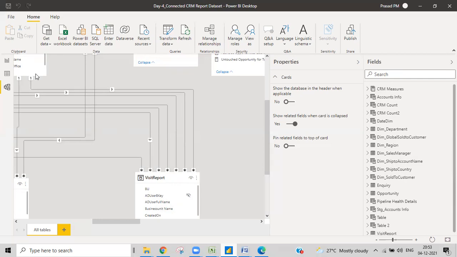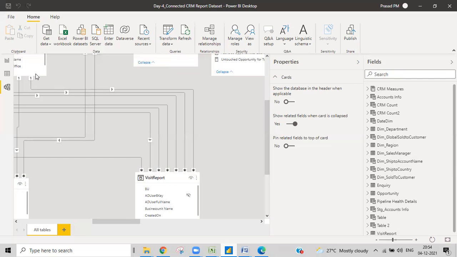Direction is very important. Every time before writing the logic, you need to first go and check whether the tables have a proper relationship or not. If you don't have the proper relationship, you can't even write the DAX. If I don't have a relationship with my date table and I want to filter using my date, obviously I'll get some errors. So I need to have a relationship, and then I can use the dim date in my filters, in my DAX, and then obviously I'll get the proper information.